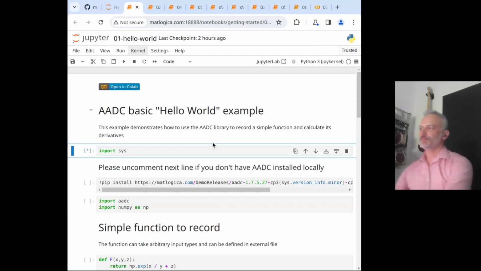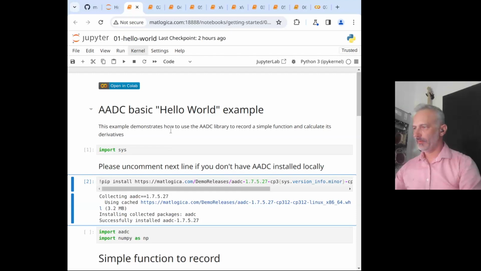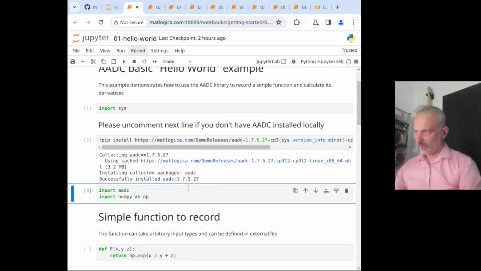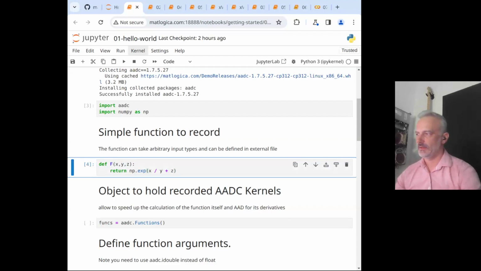So here I'm installing the ADC Python module, loading it into the Jupyter, and this is the function we want to experiment with. Now you can see the function itself, it works with regular NumPy operations. It takes types that can be arbitrary, it can be scalar, it can be NumPy arrays, it should function. And the function can be implemented somewhere else, right? So for this hello world example, we place it here, and we want to just see how what we do can work in this instance.